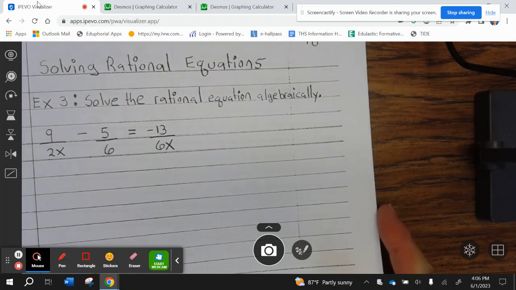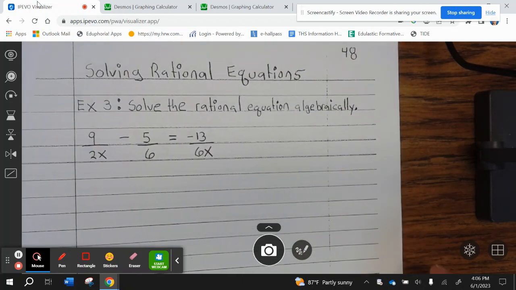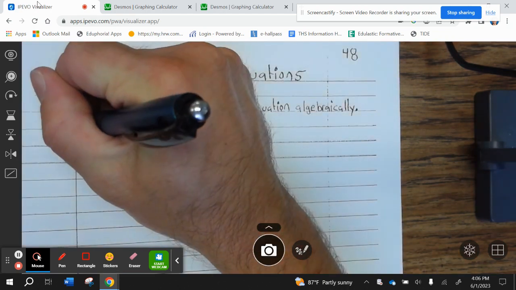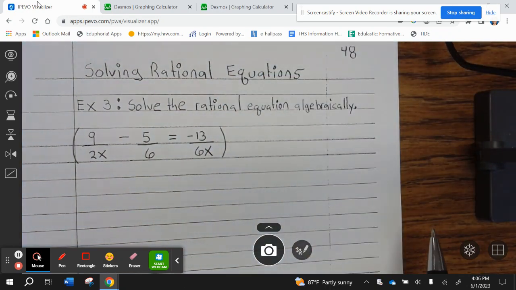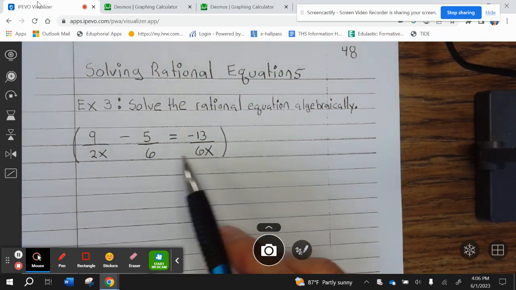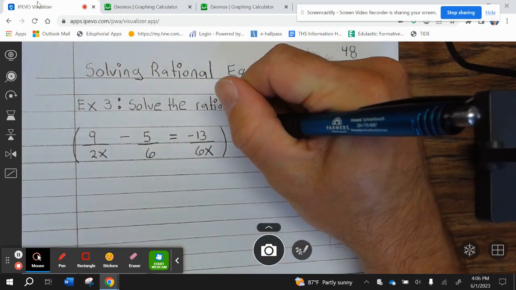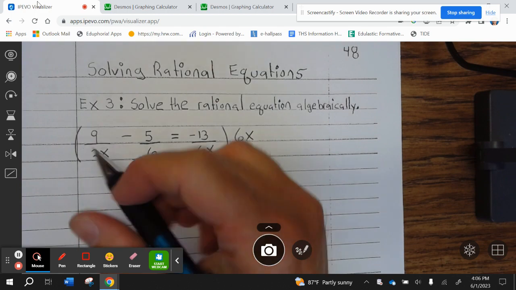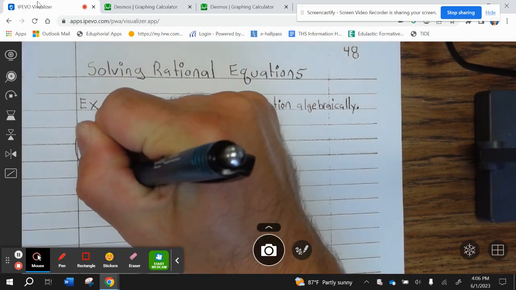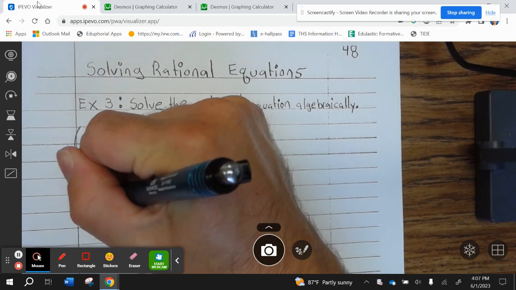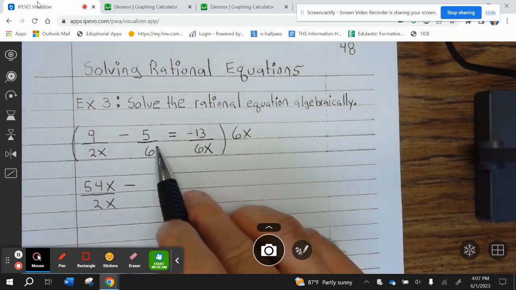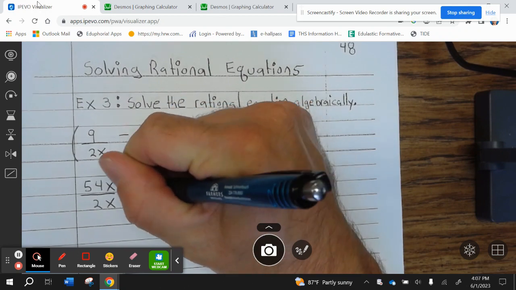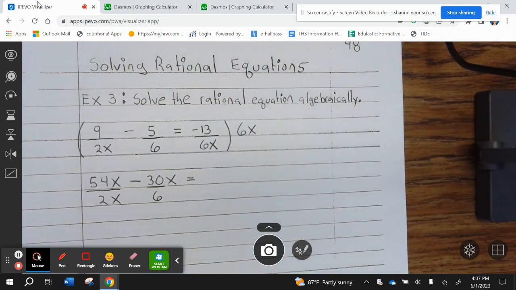All right, solve using the algebraic method. Okay, now the first thing we need to do is multiply everything by the common denominator. Well, the common denominator is 6x because 6 can divide into 6x and 2x can divide into 6x. So we're going to multiply everything by 6x. Okay, so 6x times 9 is 54x divided by 2x. Minus 6x times 5 is 30x divided by 6 equals, I don't know what negative 13